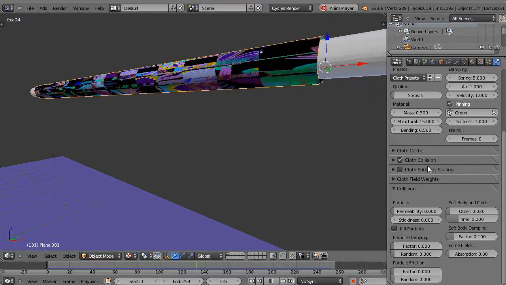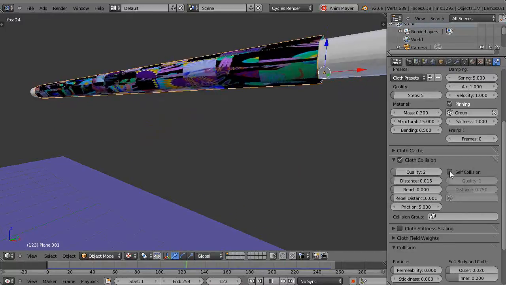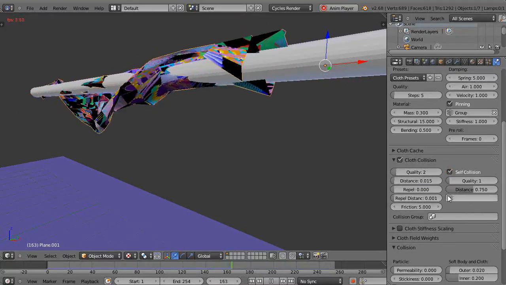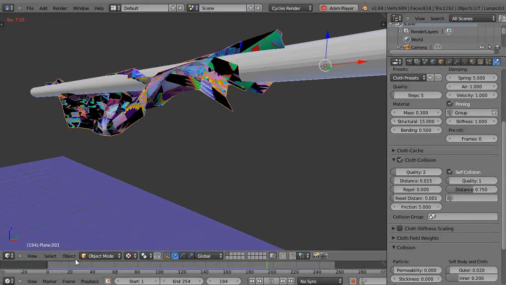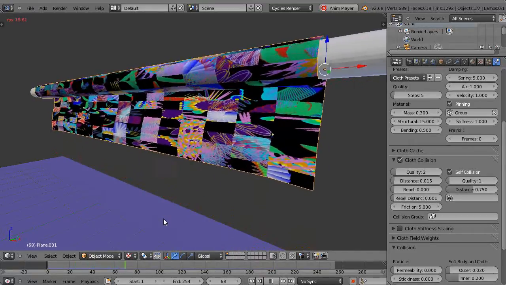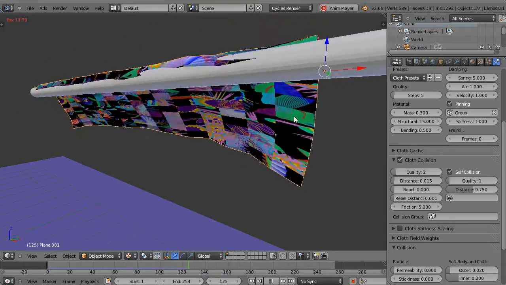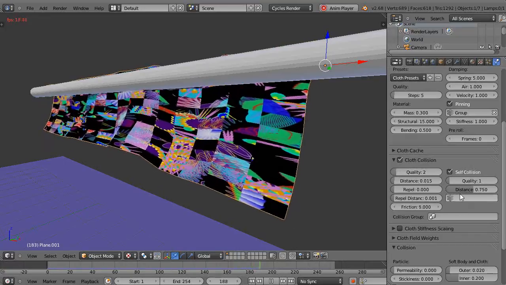right down here, where are my cloth settings? There it is, self collision right there. Alright, so let's turn it on. Let's see what happens with it. Let's start from the beginning. So that theoretically should prevent those from breaking through, and it does. It cleans it up, right? Adds a little extra processing power to it as well, but